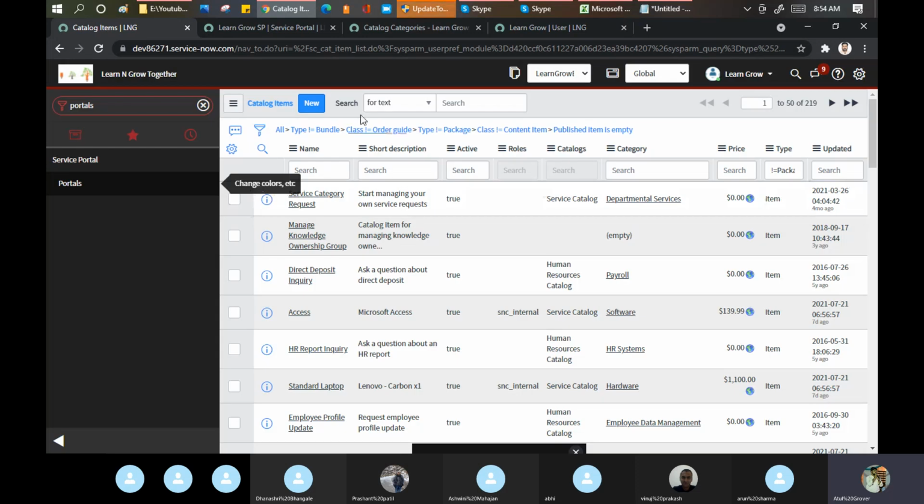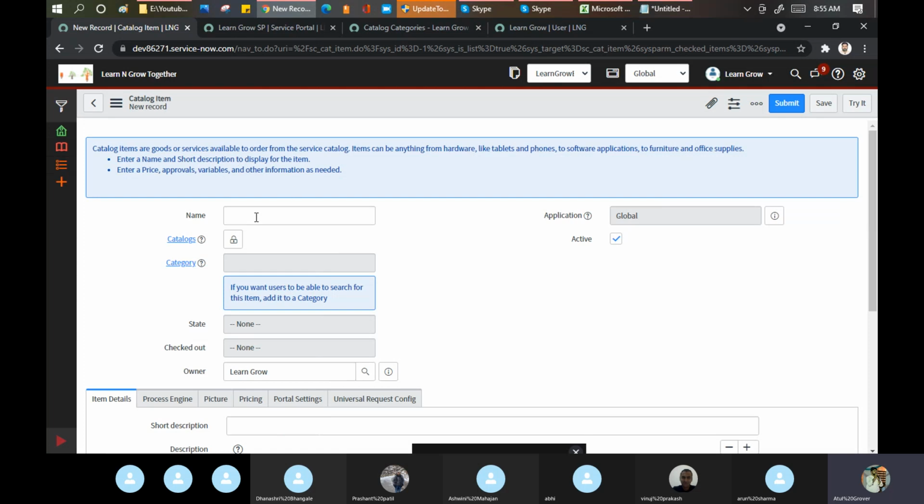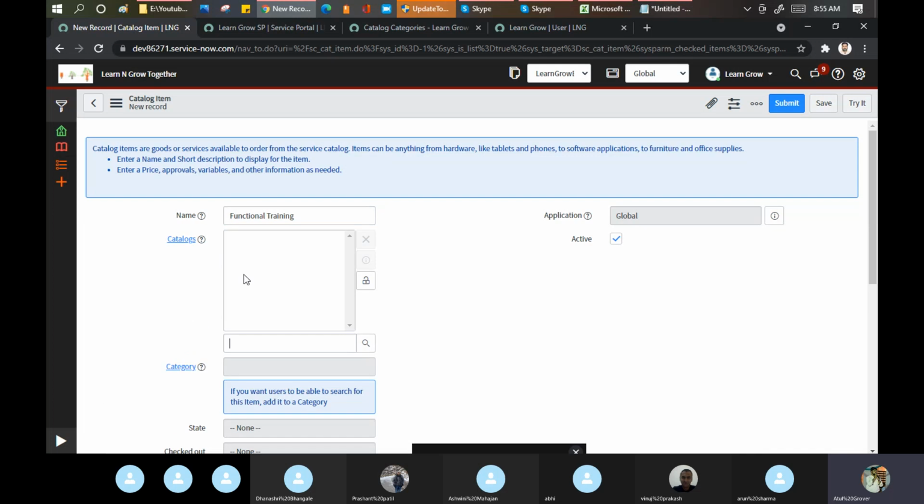So now what will we do? Let's create one item here. Create new. I told you you're putting a lot of effort thinking in a direction. Name: Training. Under which catalog should it appear? Dal makhani: under which catalog will it appear? Beverages, the food menu card, or shopping? It should appear in the food menu card. What is my catalog? ServiceNow training.